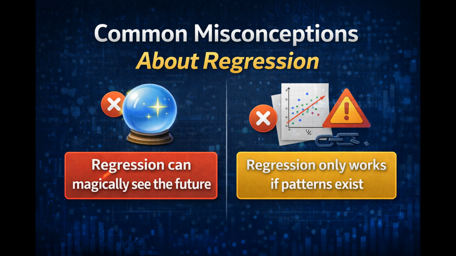To summarize, regression is a fundamental statistical and machine learning tool that helps us find patterns in data and make predictions. Understanding regression gives you the foundation to explore more advanced machine learning techniques like classification, neural networks, and beyond. So next time you see a prediction, whether it's a price, a trend, or a forecast, you'll know it likely